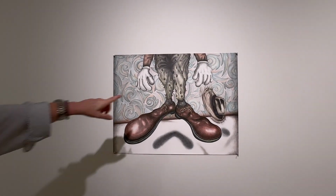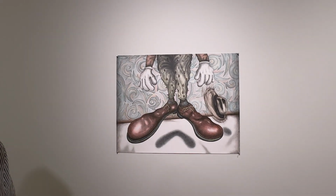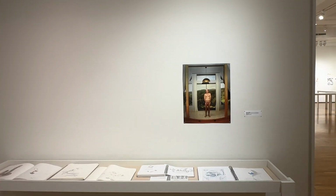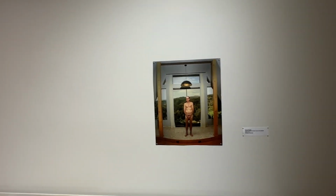But you can see he's got all these little thorns. It's like rose thorns, almost bloody rose thorns, as he's rising up. Here's a nude he did. Yeah. So this